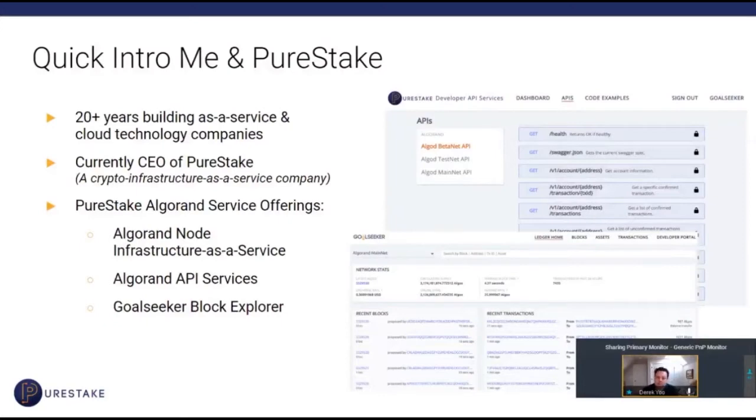We provide a set of API services as well. And then we also have a set of tools for visually understanding what's happening on the Algorand blockchain. That's our GoalSeeker block explorer. So we'll be talking about those three applications and showing you how you can use them.